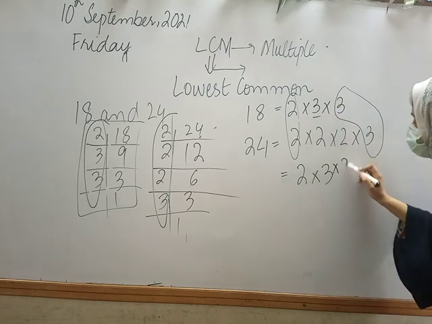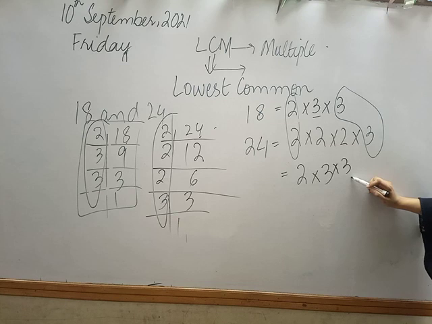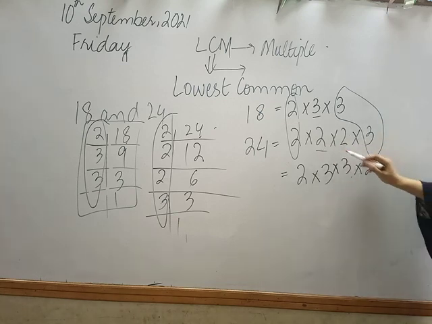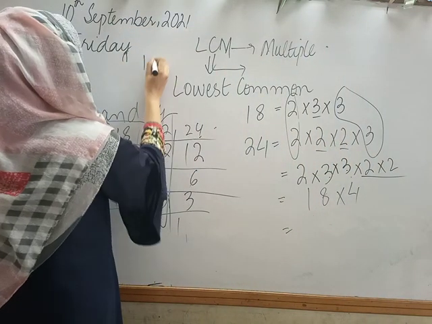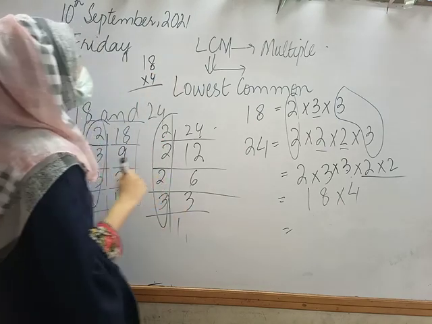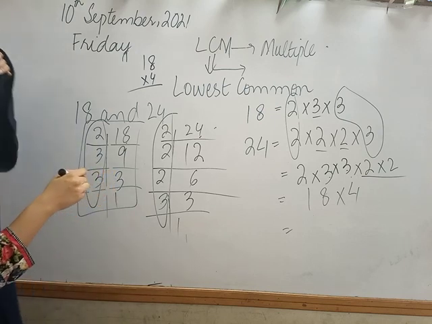Now I will also write the numbers which are uncommon. ठीक है? जो नहीं है common उनको भी मैं लिखूंगी. I will write the number which is 3. Then I will write the number which is 2. I will write the number which is 2. Now class, 2 3s are? Very good. 6. 6 3s are 18. And I will make a pair in the end which is 2 into 2 which is 4. So class, in the end we will multiply 18 into 4. 4 8s are? Who will tell me? Yes,